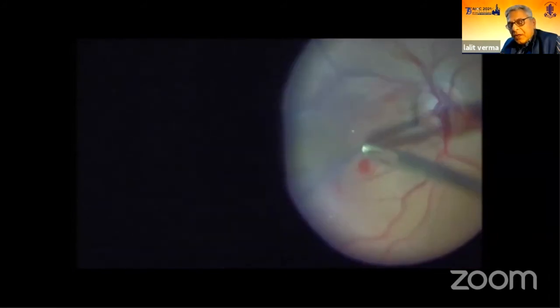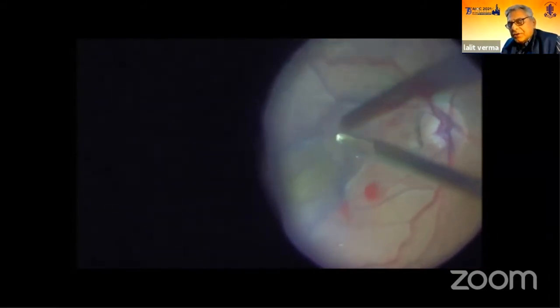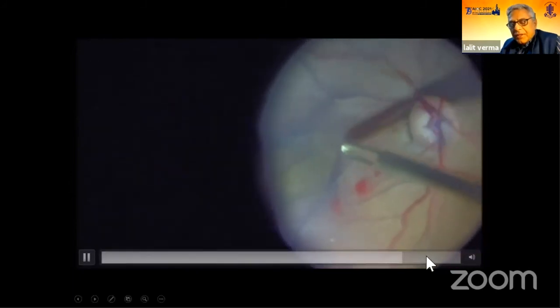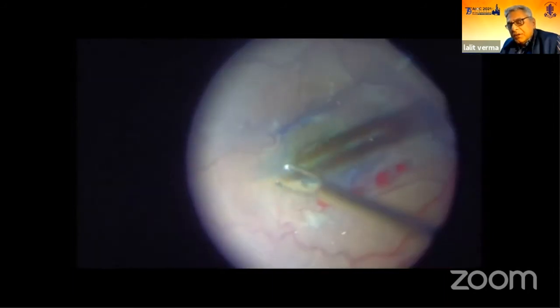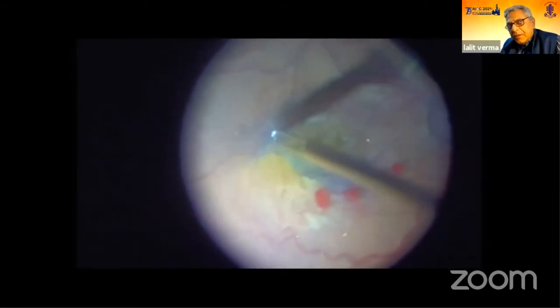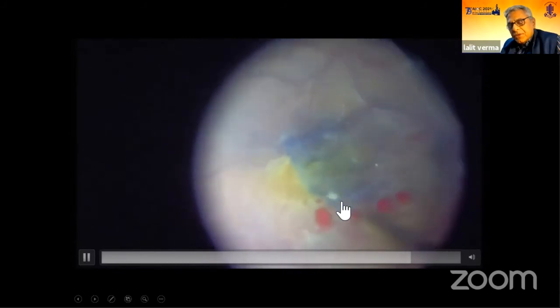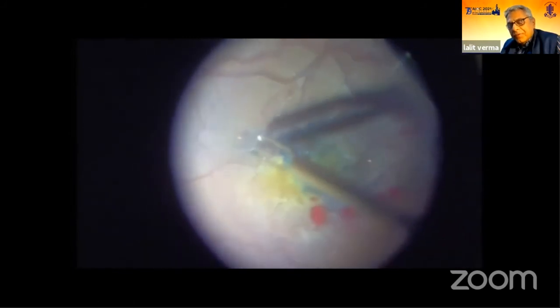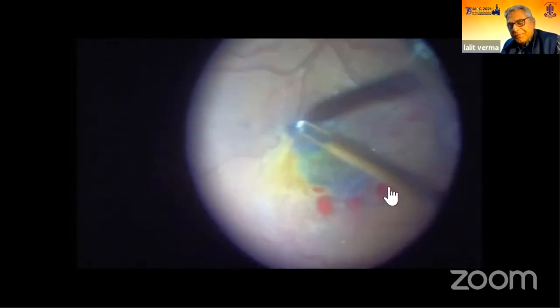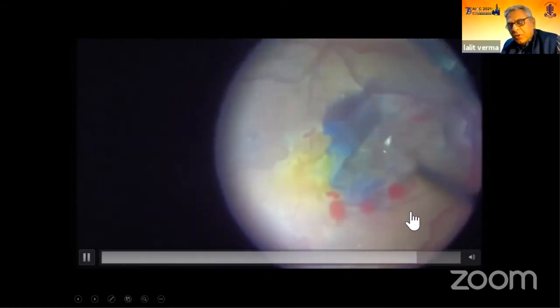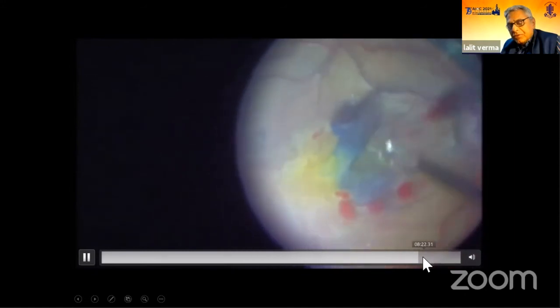So I tried to make a cauliflower-like from all across, make a multi-layered kind of stuff, going temporal, then nasal, because if you see the underlying retina, as soon as you take the forceps and pull, it seems that it is also getting elevated and becoming white tissue. Notice that reflex here on the undersurface. So go very slow, go to the periphery, try to tease away all the edges, because it was not coming so easily. You see this retina here getting pulled up. So then came back to the superior part,